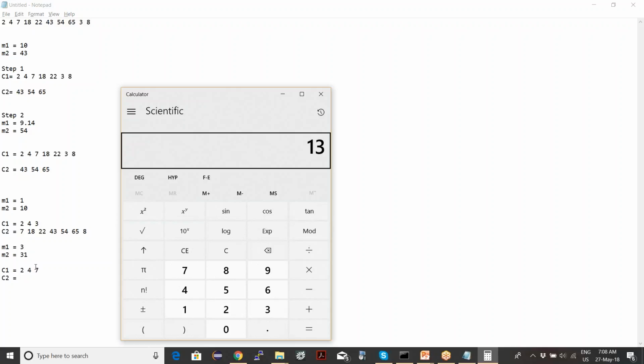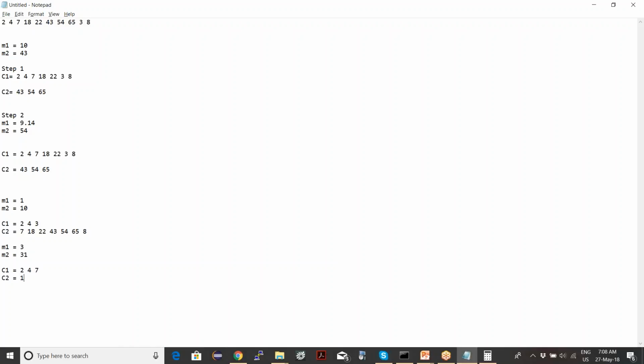And 3 minus 18 is 15. So 18 would be here. So 22 would be here, 43 would be here, 54 would be here, 65 would be here. 3 and 8 would be here.